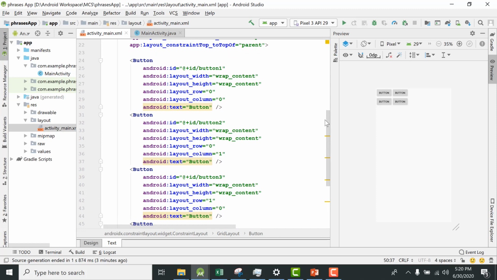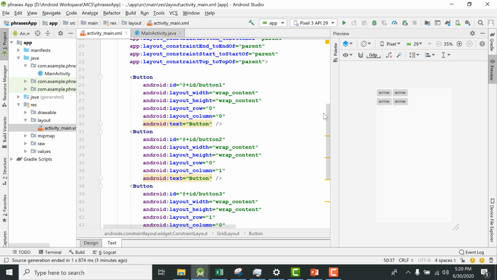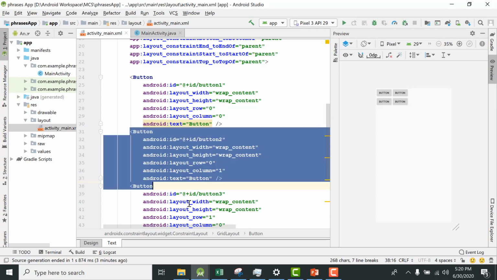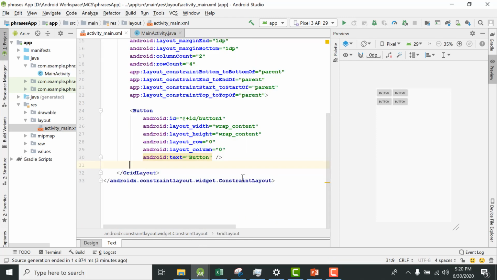Alright, I can add more buttons, but I want to show you a smart way of adding buttons to your grid layout. At this moment I'm going to delete these buttons. We are going to use something called gravity to add buttons.